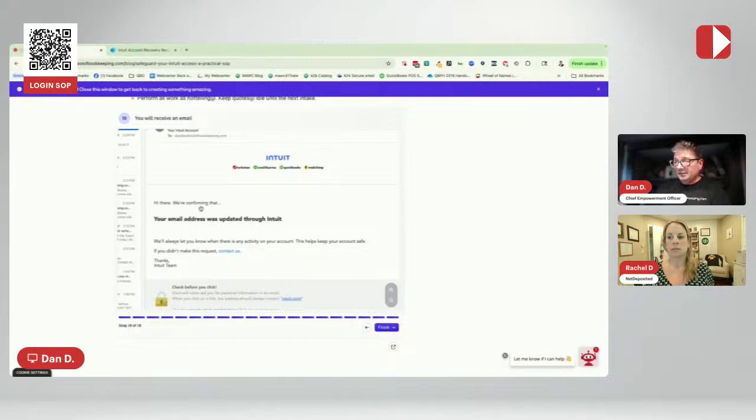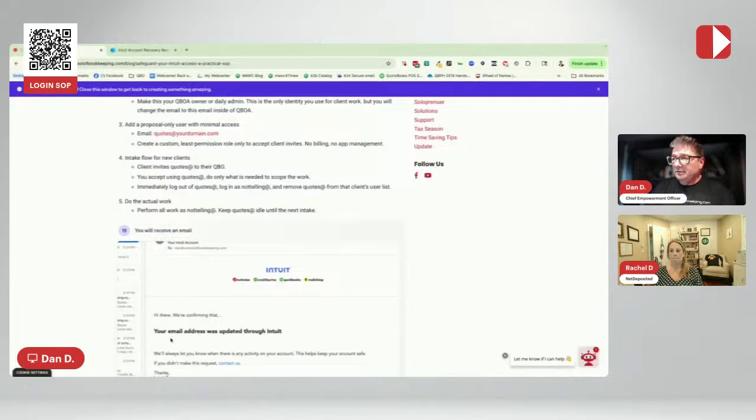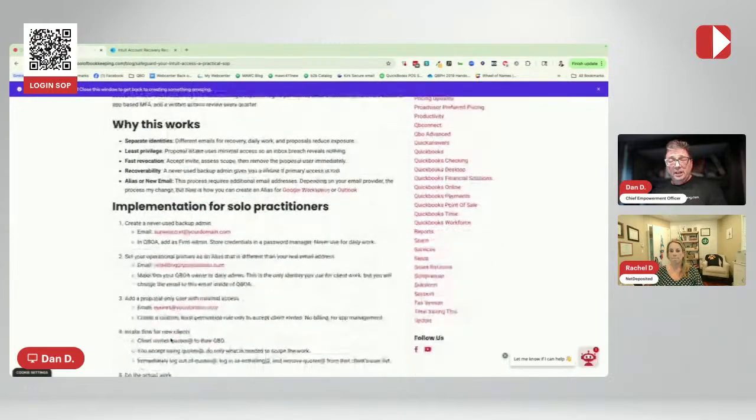And you also get this email confirmation that your email was updated, right? So those are the ways that you can put a little friction between you and the bad actors if they were to compromise your invite and you're a solo practitioner.